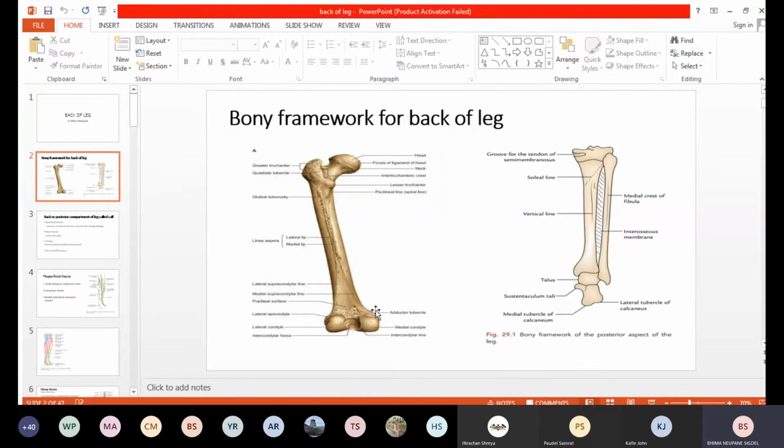Along with that, one more point you have to remember: along the medial side, in the lower end, just above the condyle, you can see a small elevated tubercle. You know now, right? A tubercle is a round elevated part, here just above the medial condyle of the femur. So this is the adductor tubercle. You have already heard this name while studying the muscles of the thigh also. These are the landmarks you have to remember from the femur.